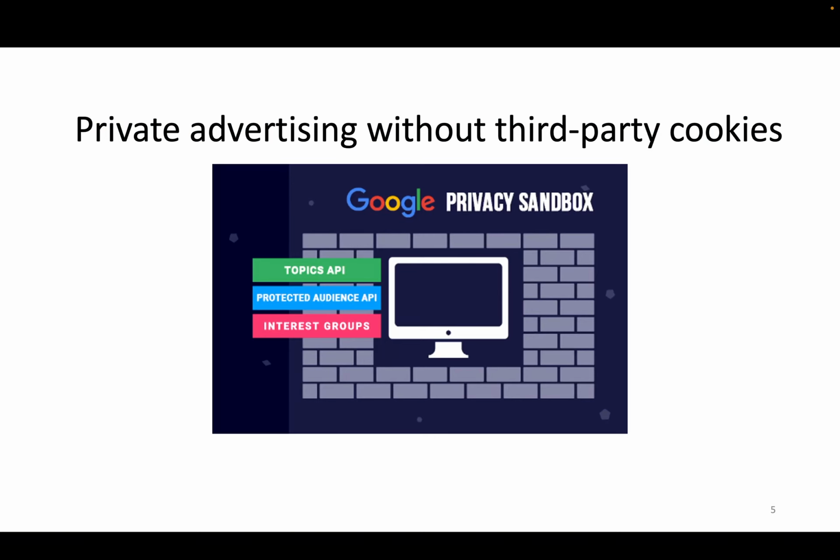To address these privacy issues, major browser vendors, including Google, have recently begun to deprecate third-party cookies. But in response, they've also introduced various proposals to support the different kinds of targeted advertising in a third-party cookieless world. In this work, we focus on Google's Protected Audience API. This proposal for private ad retargeting shifts the retargeting pipeline traditionally done by the ad exchange to the client's web browser. And this not only grants clients privacy, but also transparency into and control over the retargeting process.